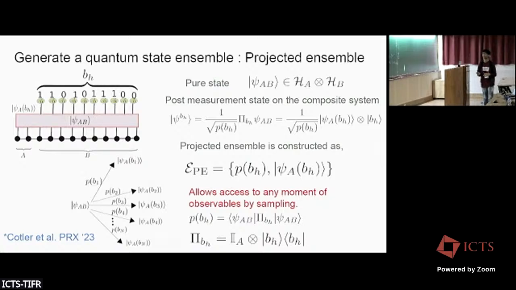You can collect all the states and make an ensemble out of them. All these different pure states will be distributed according to a certain probability distribution. And what is this probability distribution? It is just the expectation value of the projector on individual bit strings in B. If you want to think of it in terms of trajectories, then you can think that I have a pure state, and I can take a snapshot of all possible trajectories post-measurement, and then create an ensemble out of them. So this is an ensemble of pure states, where states are labeled by the measurement outcome in B.